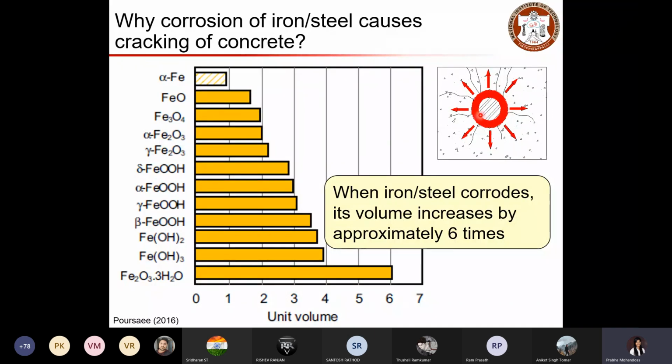So, initiation of corrosion. As the corrosion initiates, initially it will be like a thin ring, and due to the reaction, the ring keeps growing. The unit volume of the rust formation will be increasing. Beyond a certain limit, the hardened concrete cannot withstand the expansive pressure. As the volume increases, it induces expansive pressure on the surrounding concrete. That is what is indicated here.